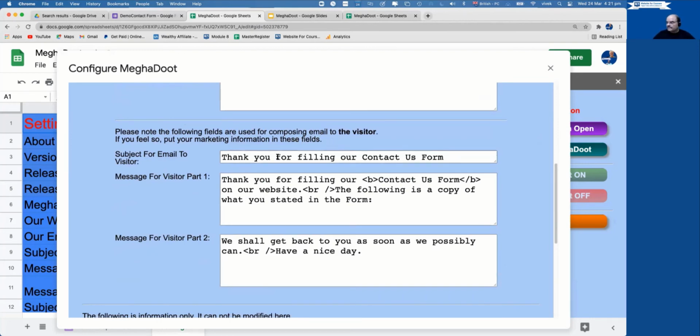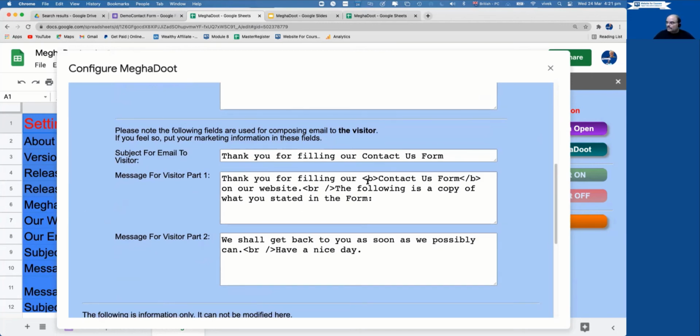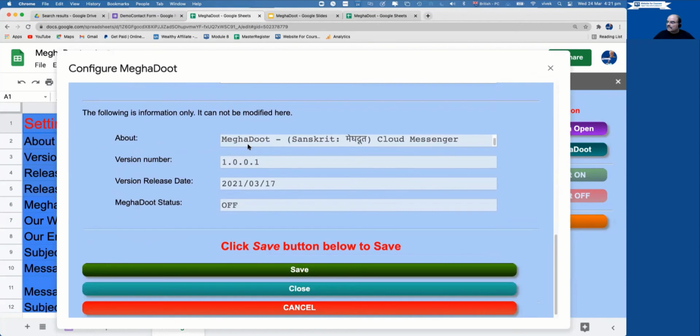So if you feel so, you can put your marketing information in these fields. This is an opportunity for you to thank them and also say that we shall get back to you as soon as we possibly can. So once I do that, I click on the Save button, wait till it is done.